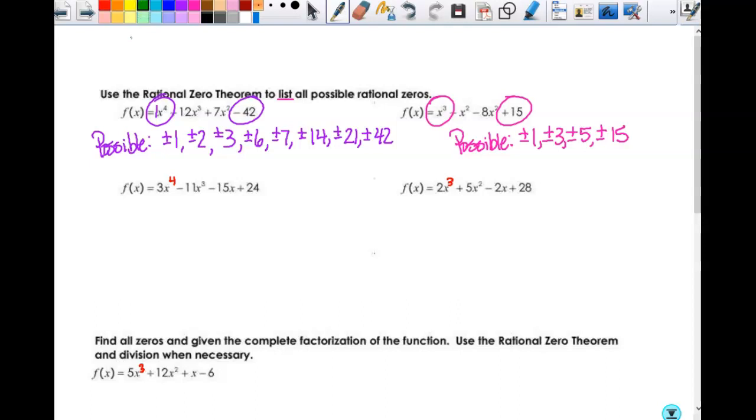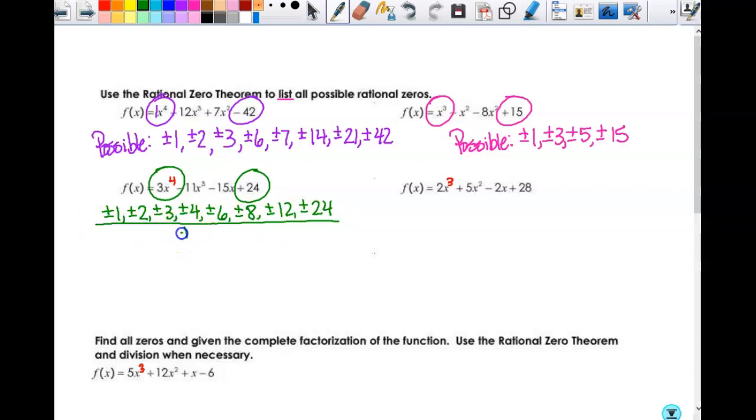All right, so here I'm using the constant term and the leading coefficient. So I got to set up a fraction here because I have more than one thing. So the numerator is the factors of the constant term. So I get plus or minus 1, plus or minus 2, plus or minus 3, plus or minus 4, plus or minus 6, plus or minus 8, plus or minus 12, and plus or minus 24. All over the factors of 3, which are plus or minus 1 and plus or minus 3. So my possibilities then